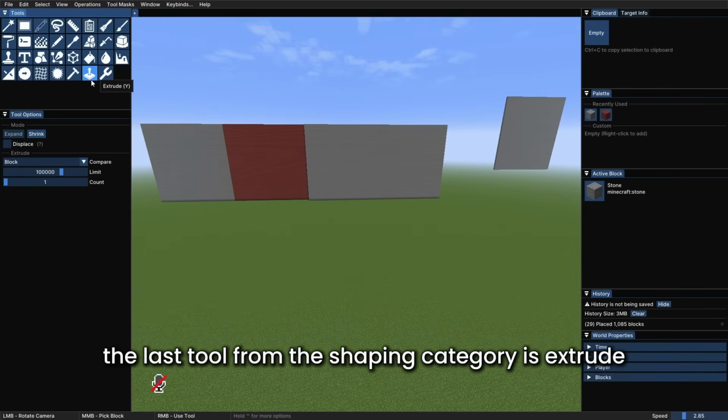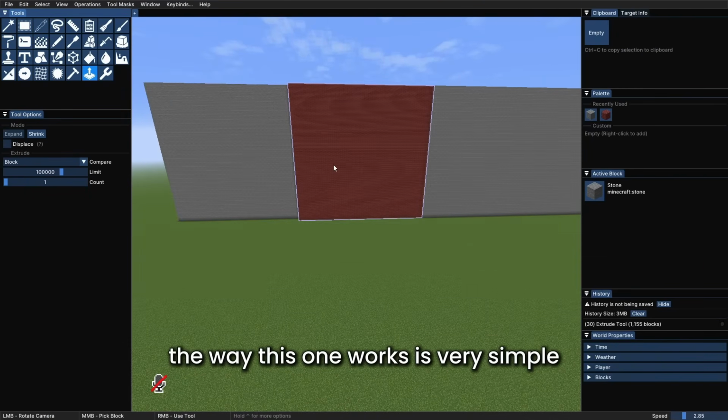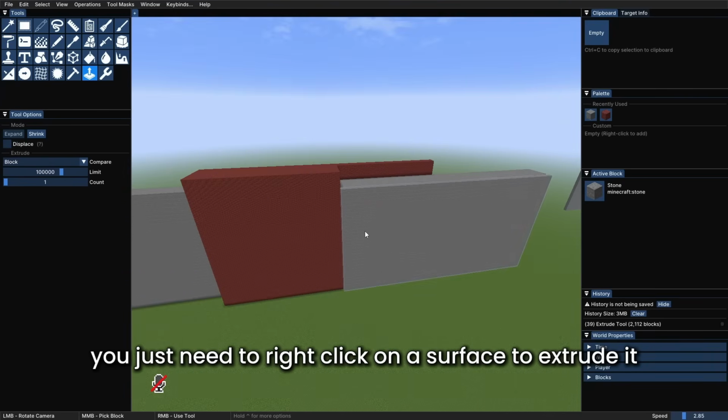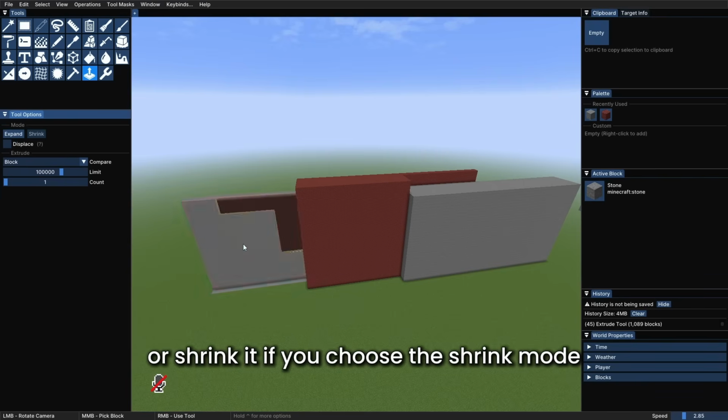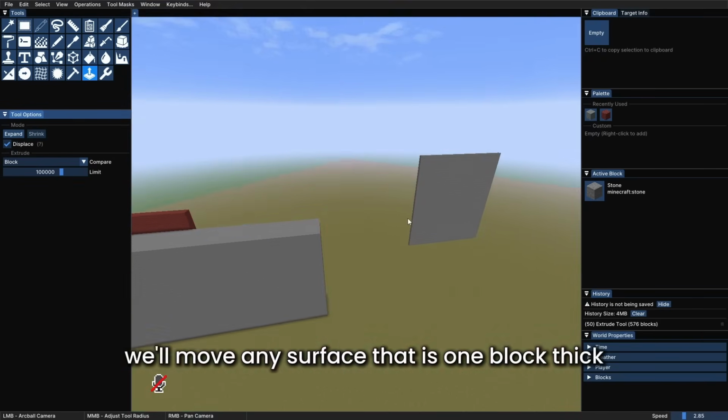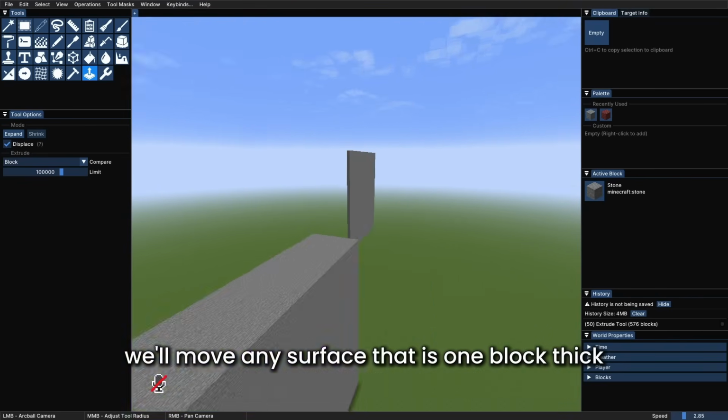The last tool from the shaping category is Extrude. The way this one works is very simple. You just need to right click on a surface to extrude it or shrink it if you choose the shrink mode. Then we have the displace option, which if turned on will move any surface that is 1 block thick